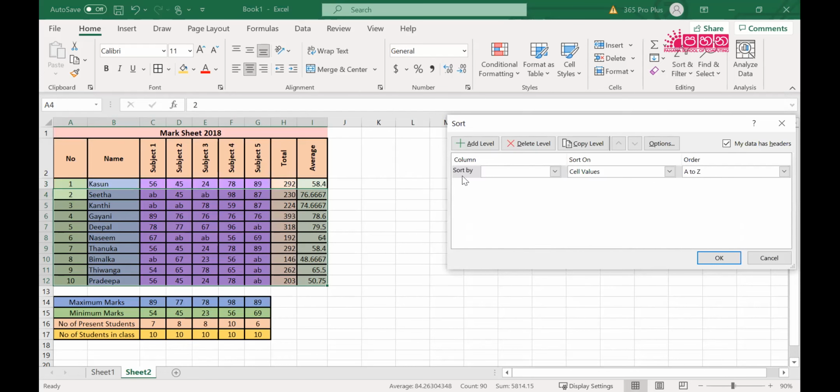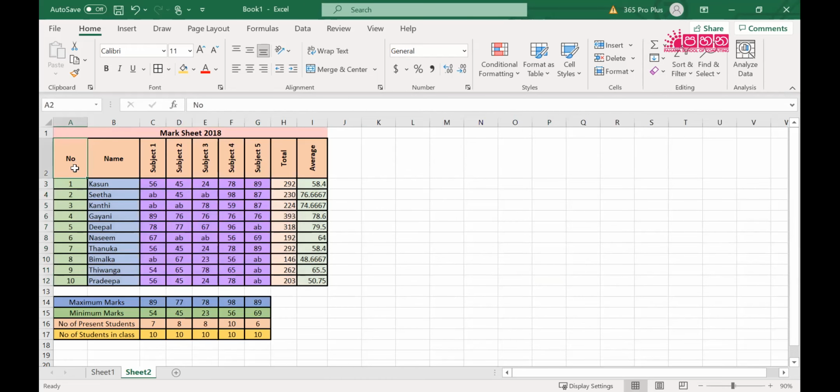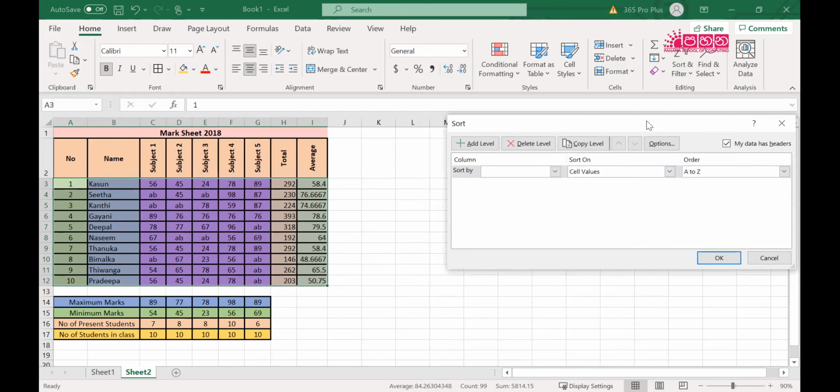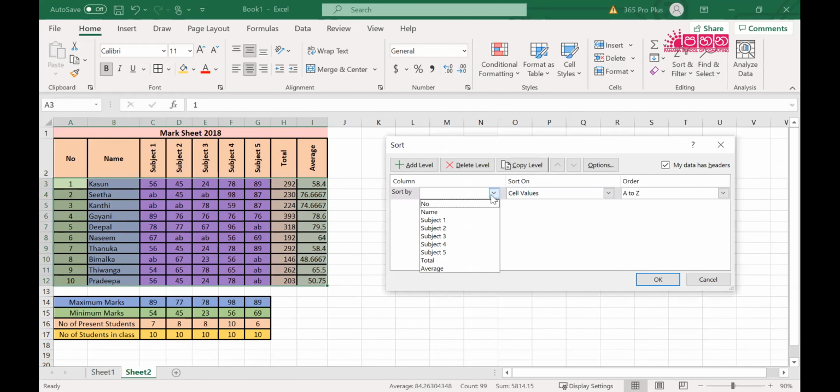Now, which column we are going to use? Okay, I will go back again. You can select with these names as well, because then it's easier. So select the names and all the other 10 rows, and then go to sort and filter, custom sort. In the custom sort, you can select what you need to sort.